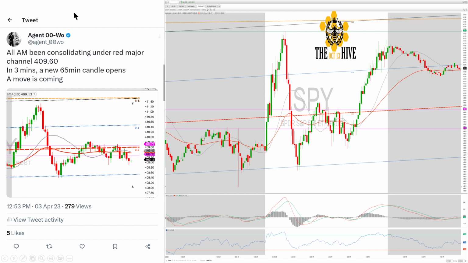Okay, so this major red channel line, it's a big deal, guys. Big deal. What are you doing? You're consolidating. Consolidating here, here, and just for your awareness, at the end of every consolidation phase is the final lower leg. This is the lower leg, but it made a higher low. See that? Higher low. So you finally make the leg down, higher low, then up. That's just the way it always goes.